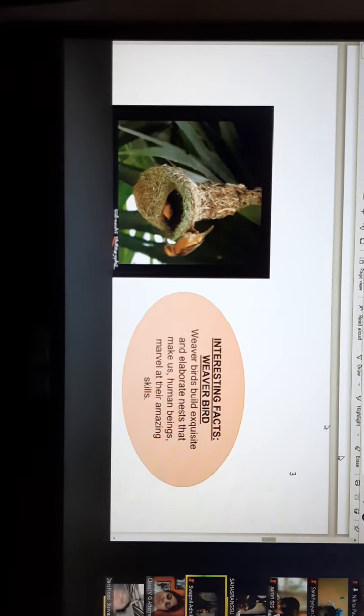Now, weaver birds build exquisite and elaborate nests that make us human beings marvel at their amazing skills. Now, have you seen a weaver bird making a nest? Yes, ma'am, I have. Can I take another interesting fact about